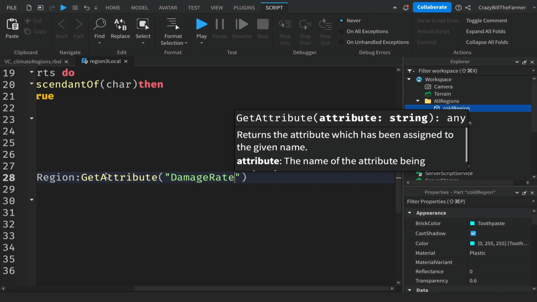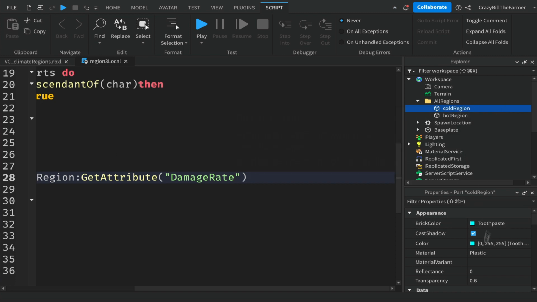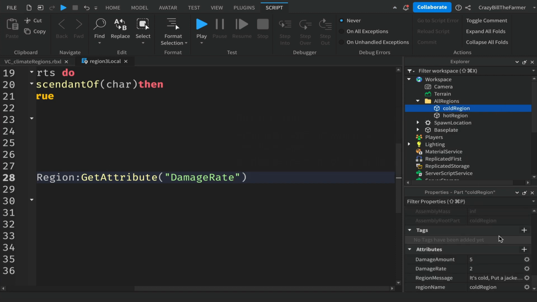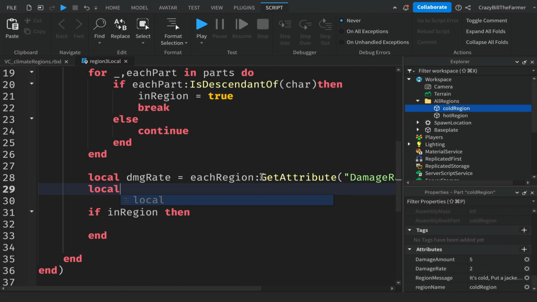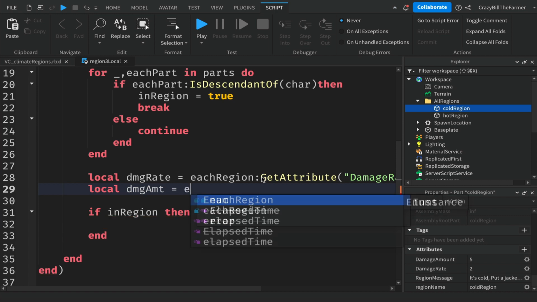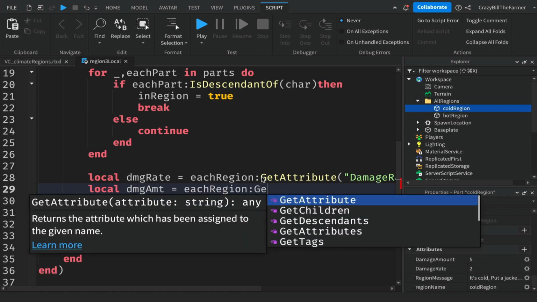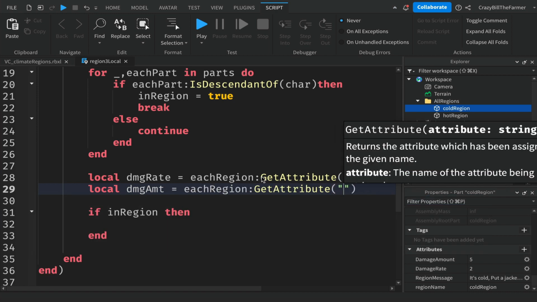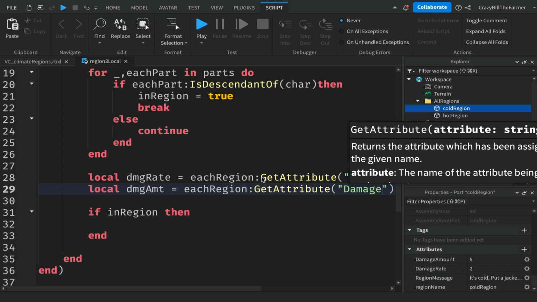So it has to be exactly what is down here. If you have this here, make sure it's exactly written as it is here. And we're going to create the variables for the others. So damage amount will be equal to each region, get attribute, and this one will be damage amount,